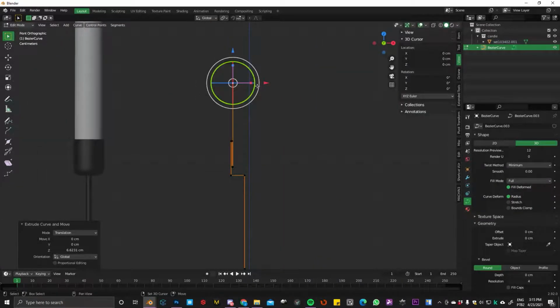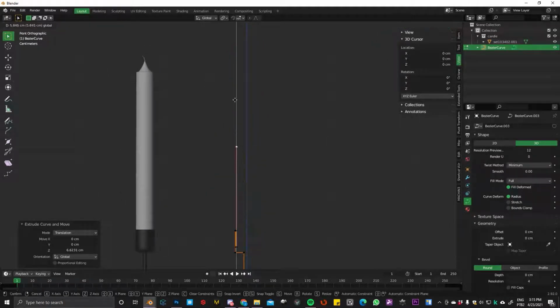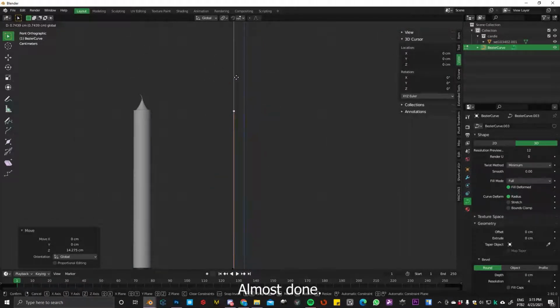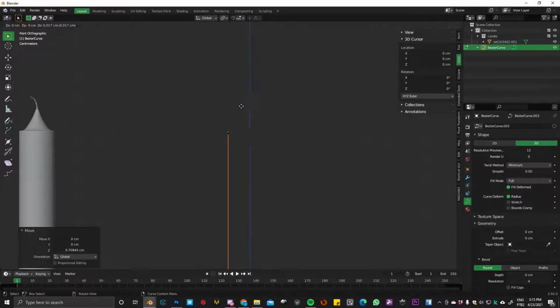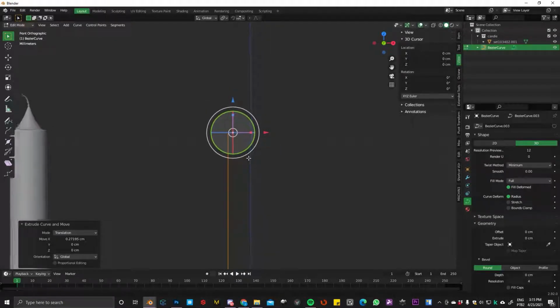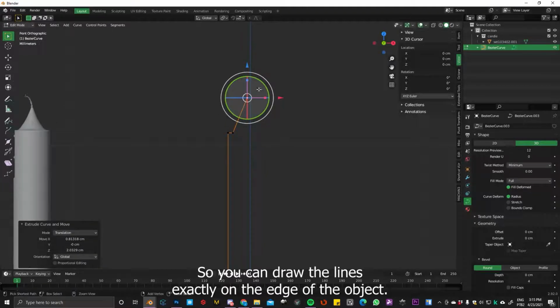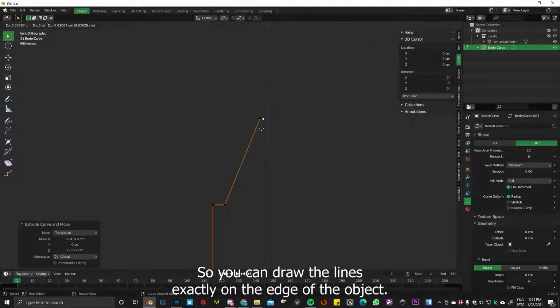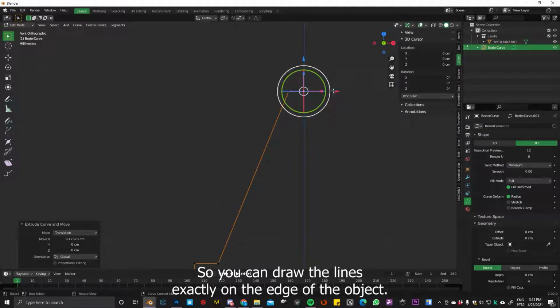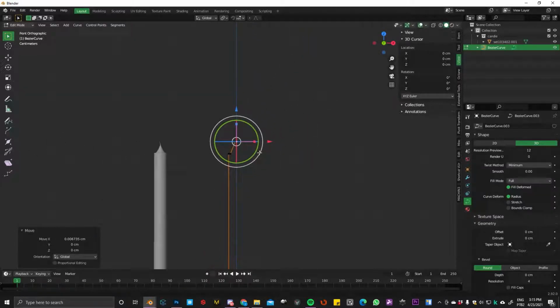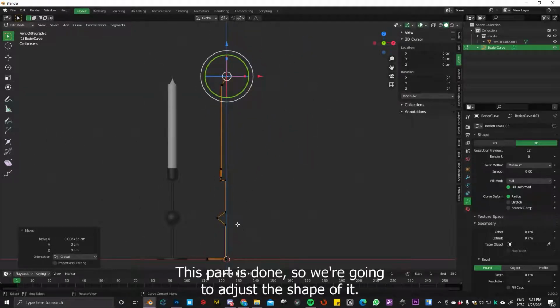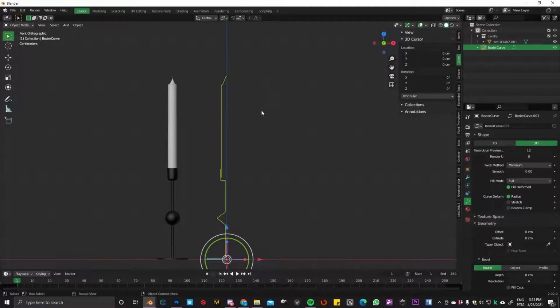E again, and yeah, almost done. E again. In most cases, it's important to have a blueprint in the background so you can draw the lines exactly on the edge of the object. So this part is actually done. Now we are going to adjust the shape of it.